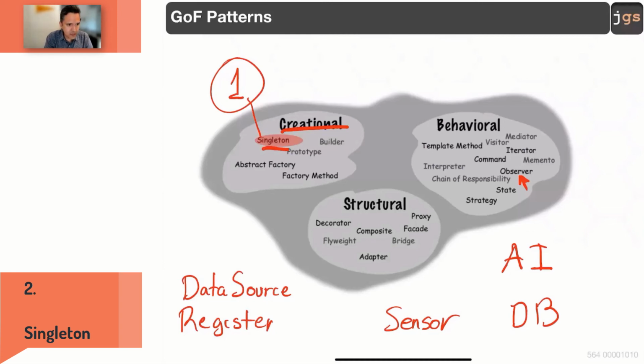In a particular scenario, in the real life, you only have one sensor. You only have one database. You only have one intelligent engine. A particular scenario. You are developing the software for desktop application, and you are developing the software for an enterprise thing. In the desktop application, you only allow one. In the other, maybe more. But in a particular scenario, you want to be sure that under no circumstance, there can be more than one